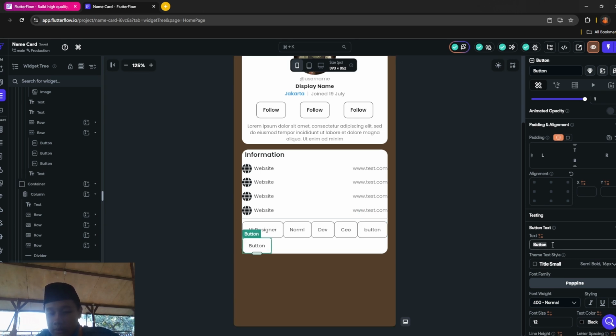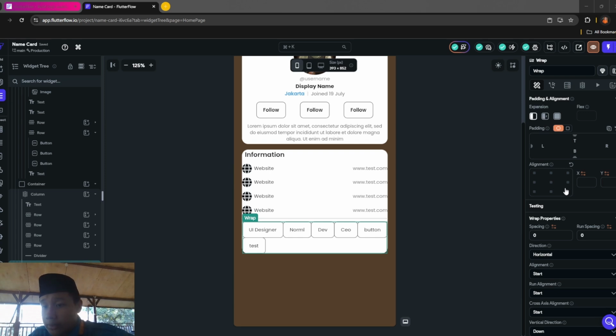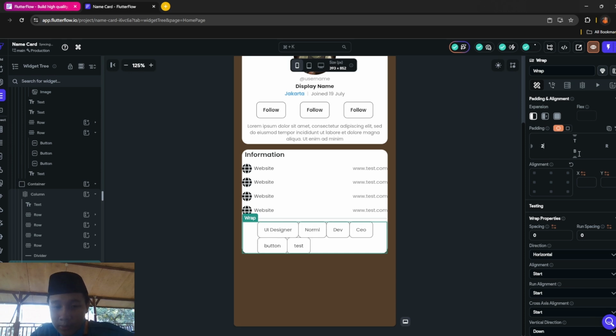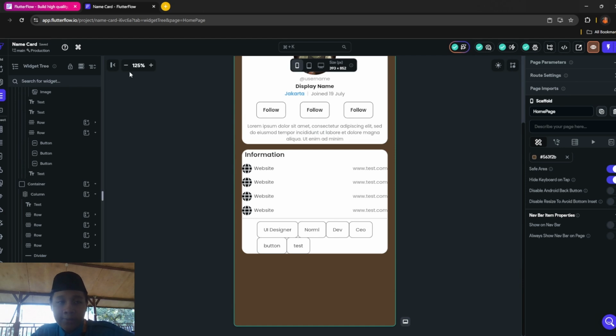Okay, this. After it should look like this, you want to add padding, maybe padding like this 10, and the other one is 10 too. Should look like this, and you're pretty much done here.